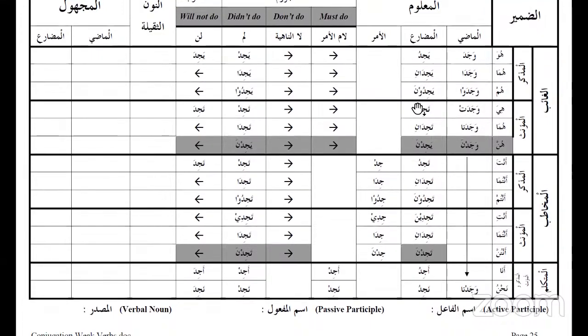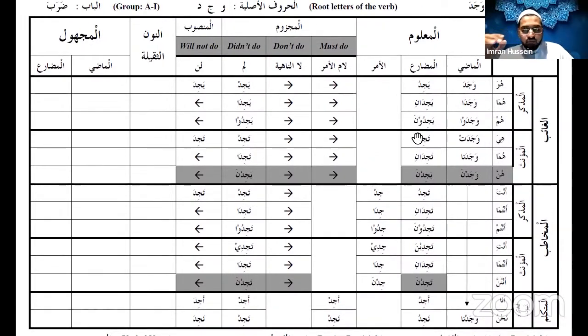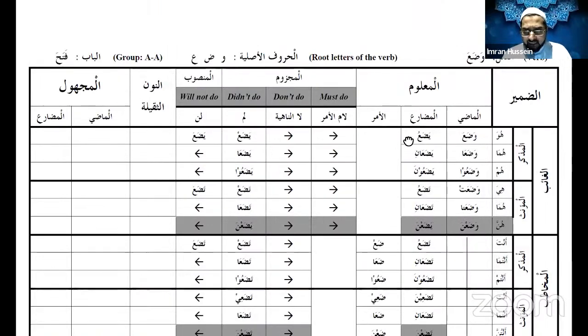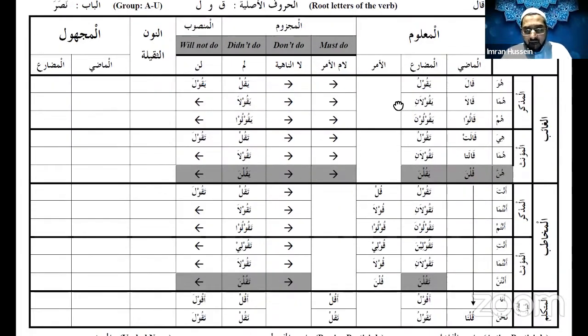Yes, thank you. So there are two patterns we have learned so far. Wajada, yajidu: the middle letter, the jim, has a kasra. Wa'ada, ya'idu: the middle letter, the ayn, is coming with a kasra. So fatha and a kasra. There's another pattern which they haven't taught. I'll do that later, inshallah, next book. I'm going to move on now. I'm going to give this to Sister Nigat.